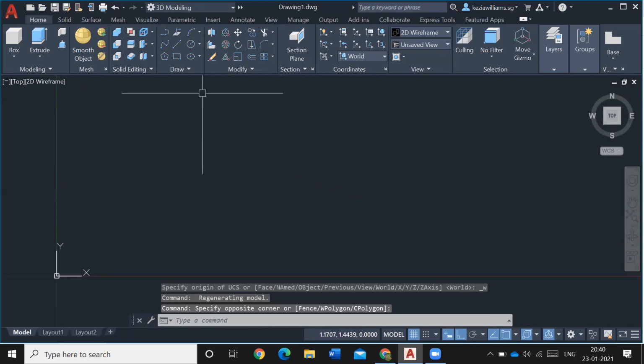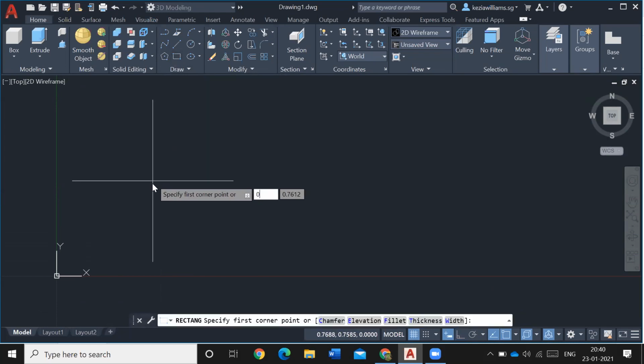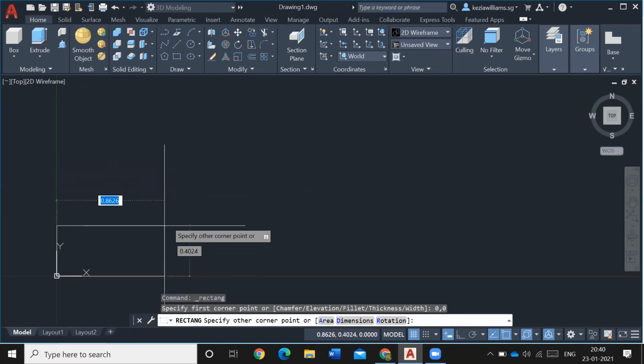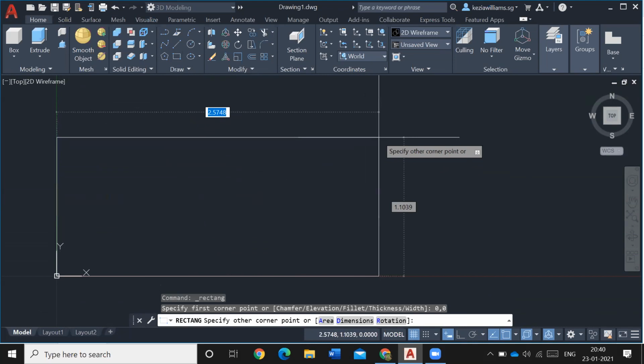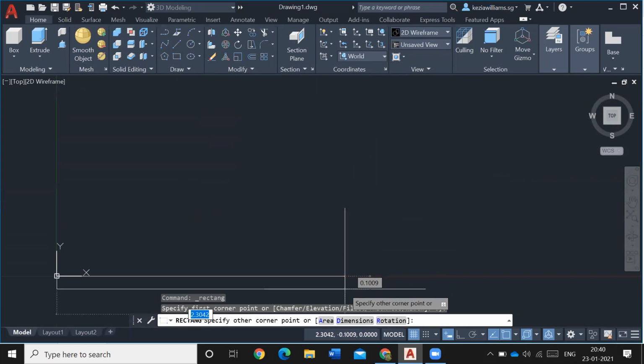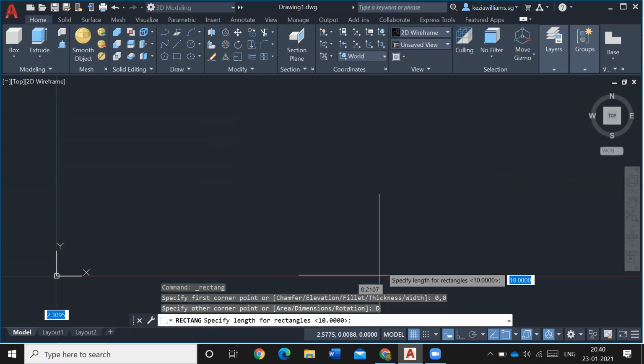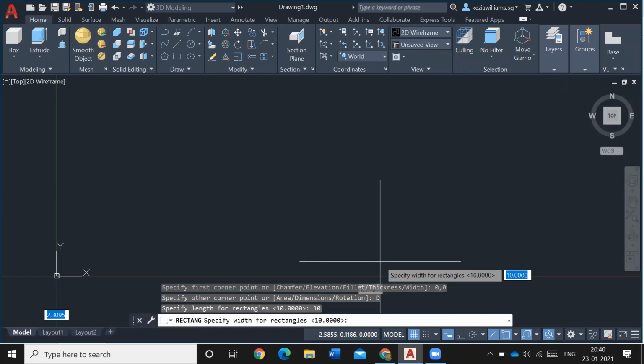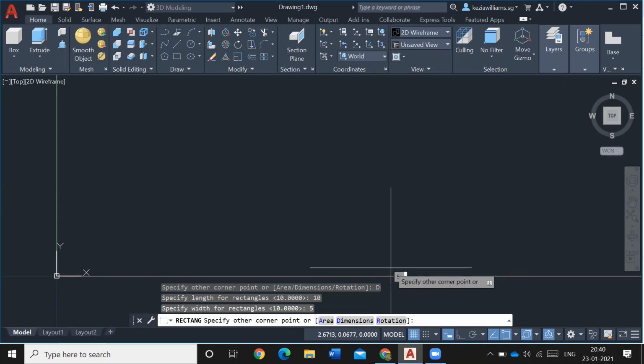So from here, when you draw a rectangle, you start from maybe 0, 0. It will start from the X and Y starting. Then I want to give dimensions. So I select the dimensions option, and then I want to give maybe 10. Okay, right, dimensions 10. Enter. Then with this I want to give 5. Okay, now zoom. Okay.